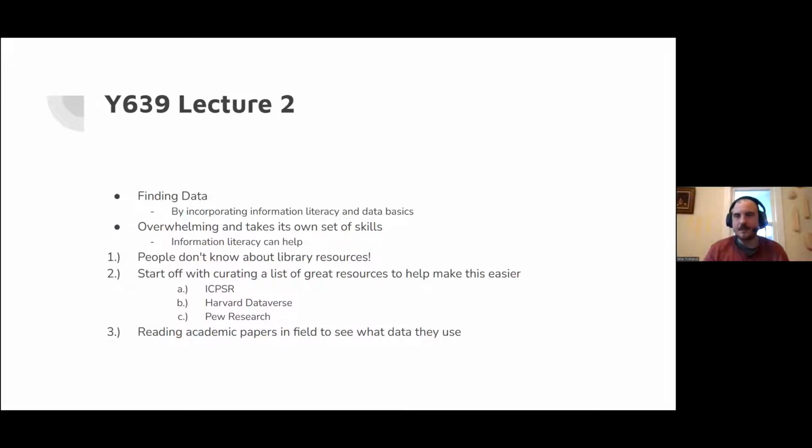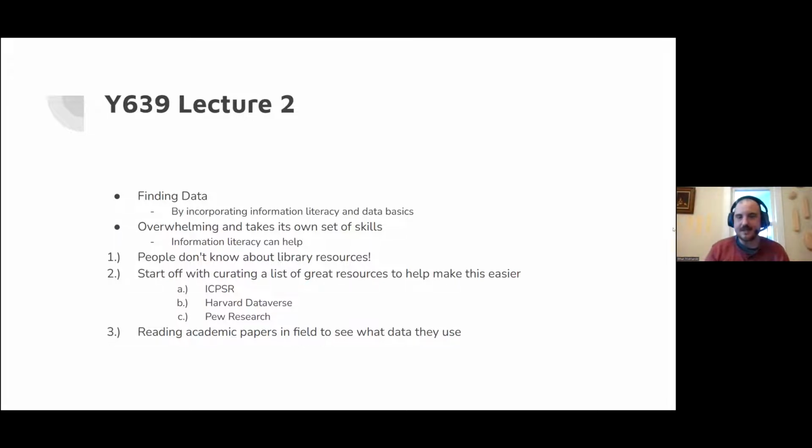And they do a good job of curating, making sure the data has documentation. So if there are problems with it, you at least know what the problems are. Harvard Dataverse does this to some extent. The quality can vary. But at the end of the day, if a data set doesn't have documentation or a research article published with it, you should use that data more skeptically than one that's well documented and has a lot of information about it.